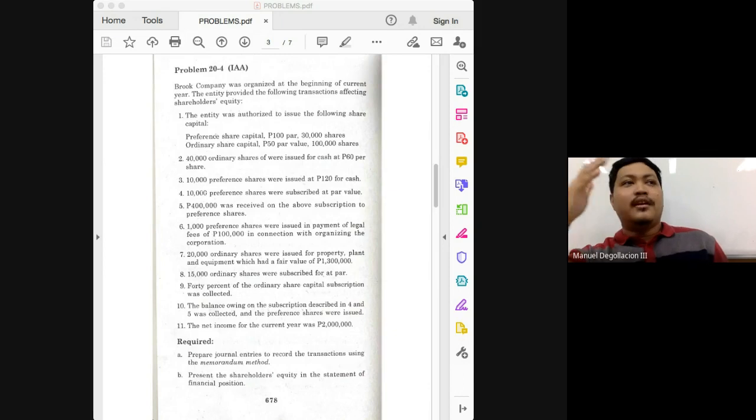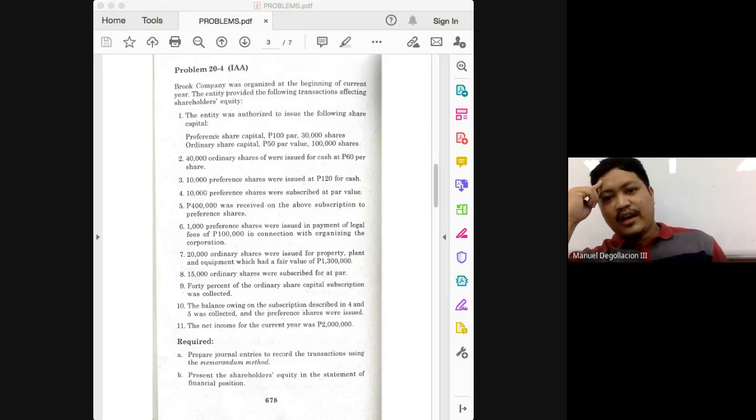So that's it. But question, are we going to be issuing the shares as of number 5? The answer is no, because was there full payment on number 5? No. Shares will only be issued once full payment is achieved. Was there full payment in number 5? The answer is no. Number 6, 1,000 preference shares were issued in payment of legal fees of 100,000 in connection